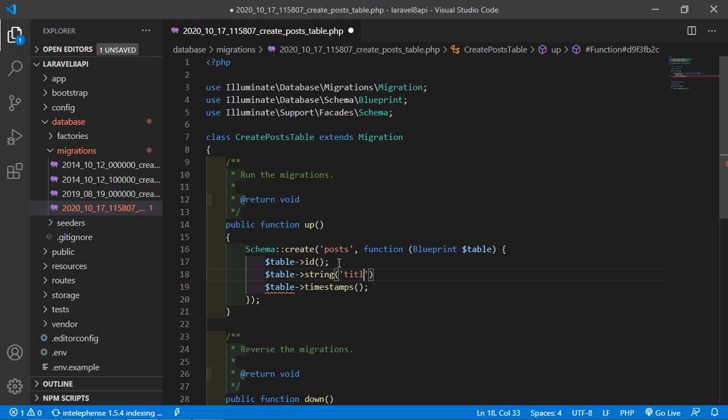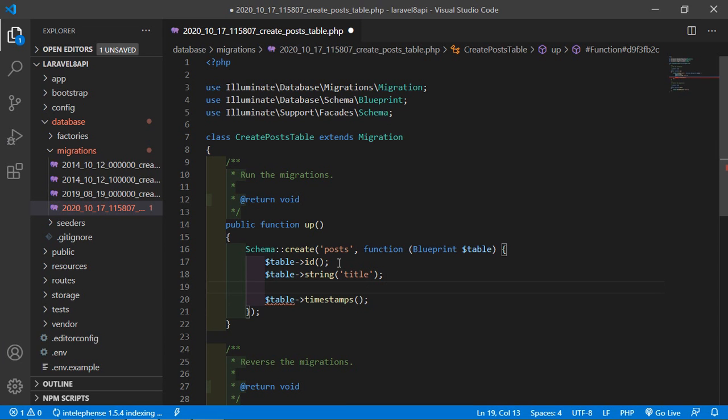Let's say the column name is title, and one more column, $table data type text and column name body. All right. Now save this file.